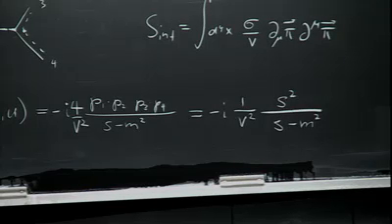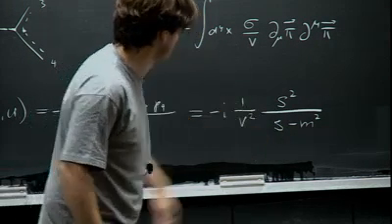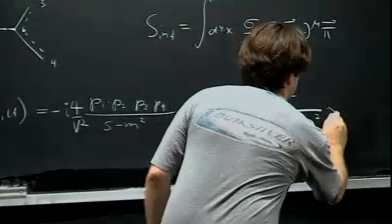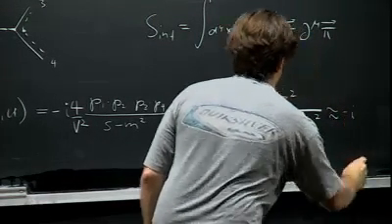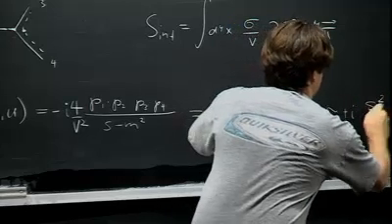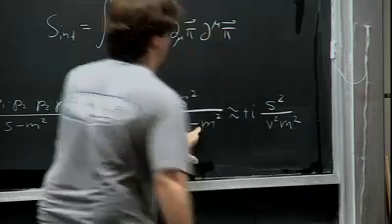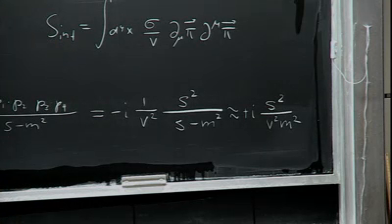And to the leading order, what we're interested in is the limit where s is much smaller than m squared. So this is minus i, well, plus i actually now, because I get this out, s squared over v squared m squared. Okay, so that's the amplitude in the UV theory. And for the 2 amplitudes to be the same,